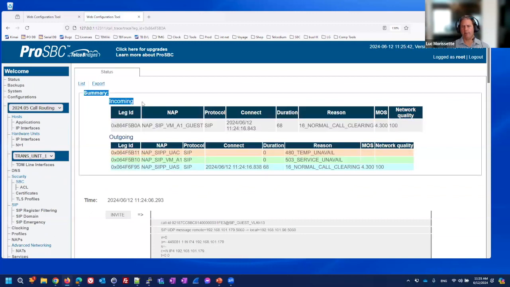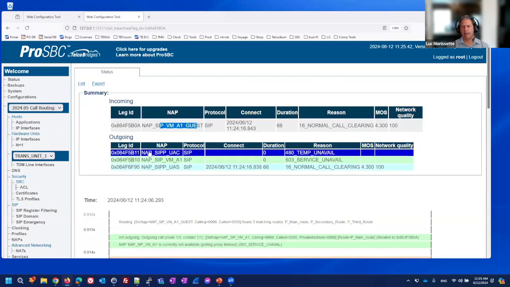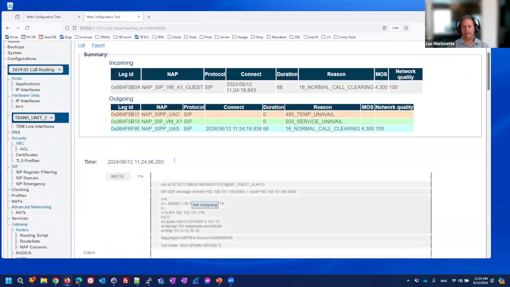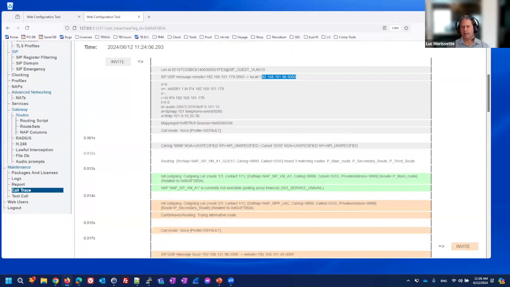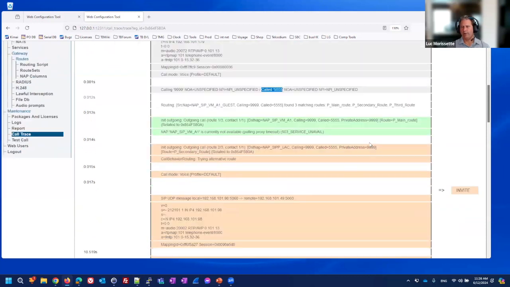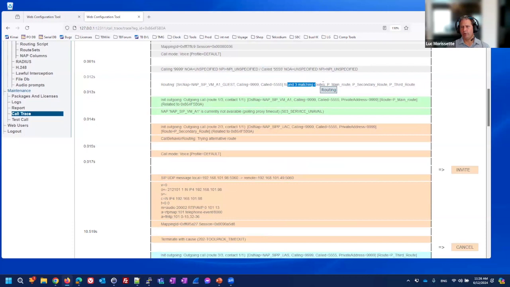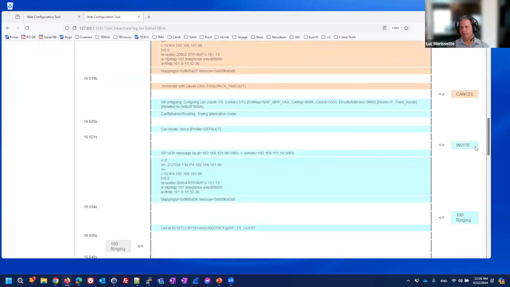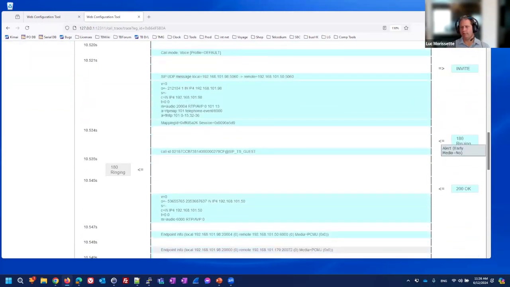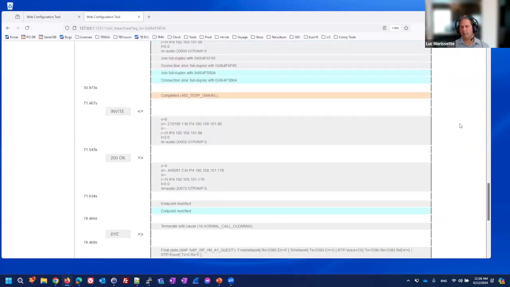So you see this is the incoming network here, and you see the three possible routes that were sent. And if you look down here, you'll get more details. So the call came in from this network to this IP here. It had this calling number, call in number. Here it says it found three matching routes: main, secondary, and third route. And then it sent the invite to the first one. No answer, so there's a cancel. Send invite to the second route. We receive a 180 ringing, 200 okay, but then